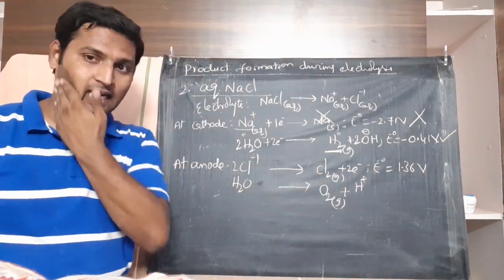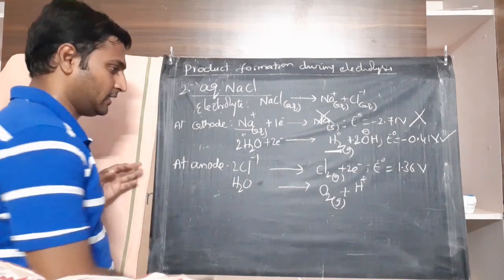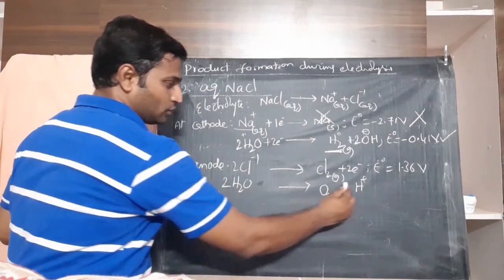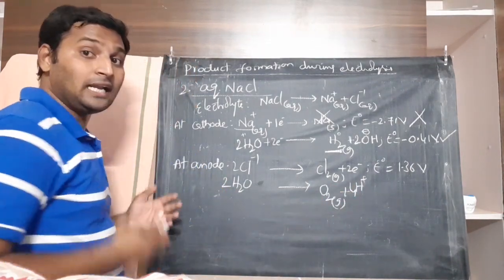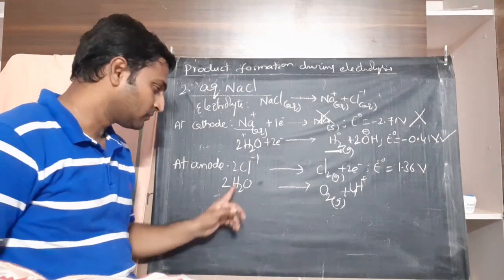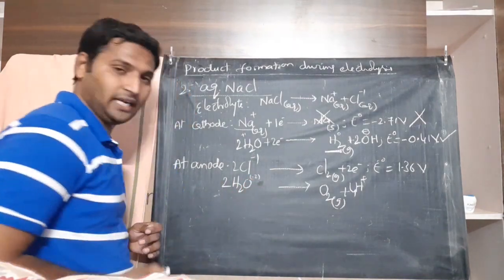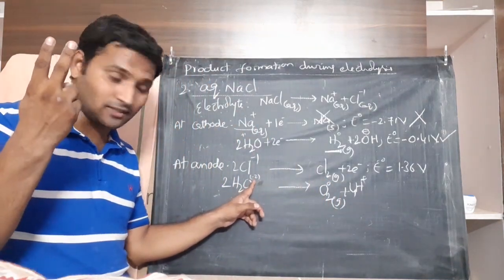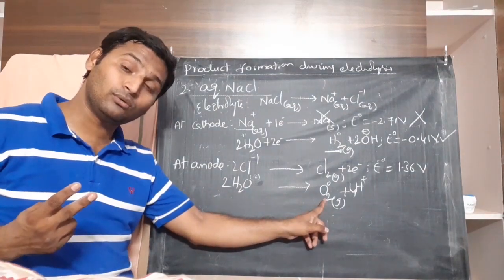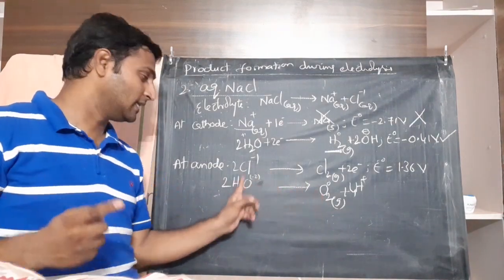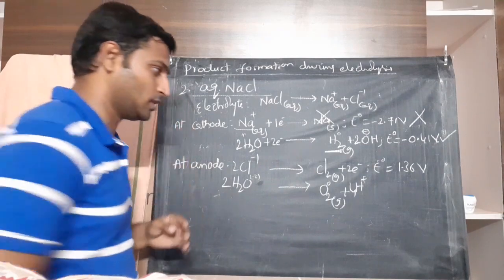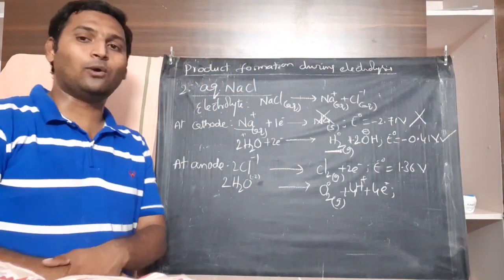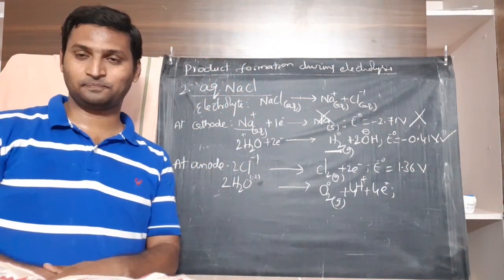Now let us balance it and understand how many electrons are involved. See here, there are 2 oxygens here, so I'll have to put 2 here. Then I got 4 hydrogens, so I should put 4 H plus. Now how many electrons are lost? Observe. Each oxygen is in its minus 2 state in water, and it is changing to 0 state. Means each oxygen should lose 2 electrons. But how many oxygens are involved to become O2? 2 oxygens. Each 2 electrons into 2, that will be how many? 4 electrons. So, loss of 4 electrons.